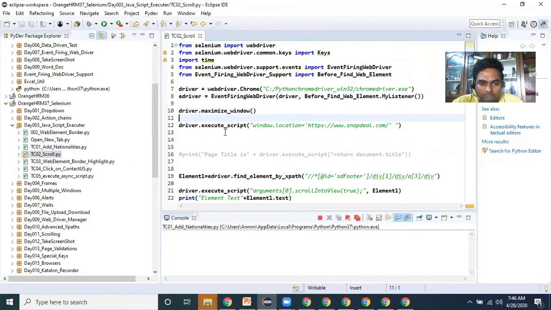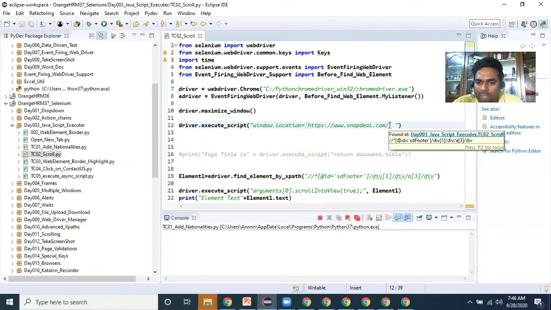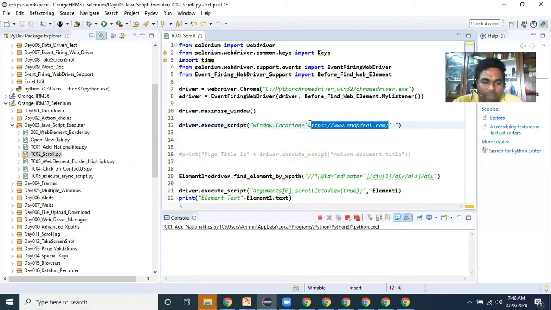That part we know. But the same thing can be managed by using JavaScript executor. Yes, we can do it. You just need to write driver.window.location is equal to, within the double quotations, whatever URL you give, that URL will be launched automatically. So like this, alternatively we can write it instead of driver.get.